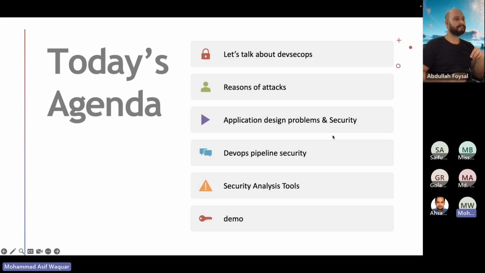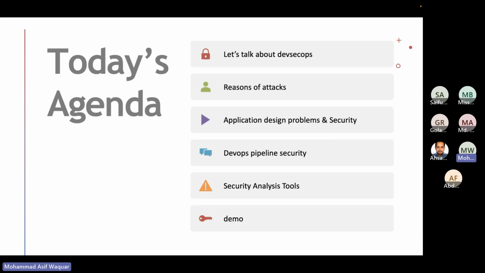So this is today's agenda. I'm going to talk on the topic of how we can secure our applications with the help of Azure DevOps. And initially we'll see what is DevSecOps, one of the important topics,